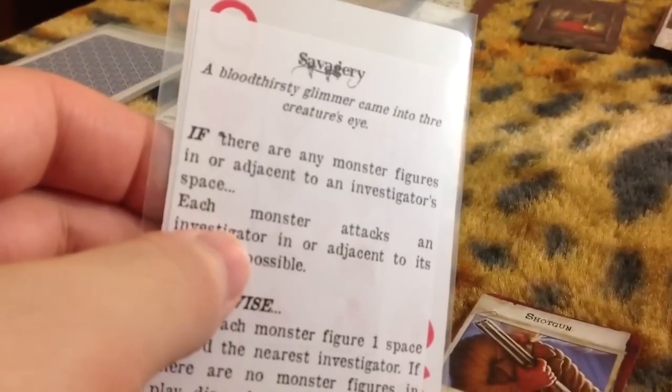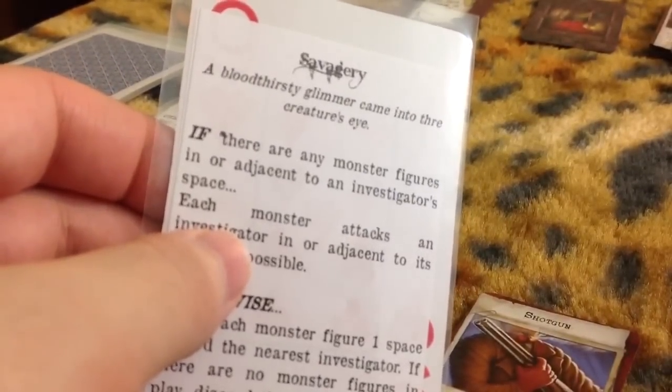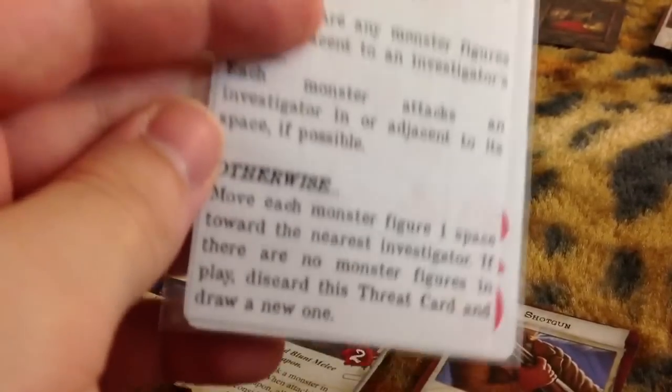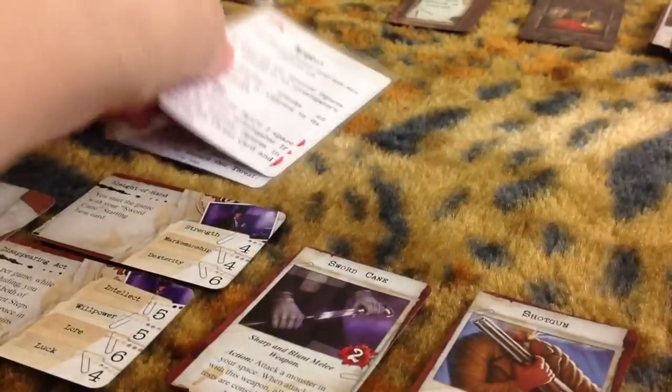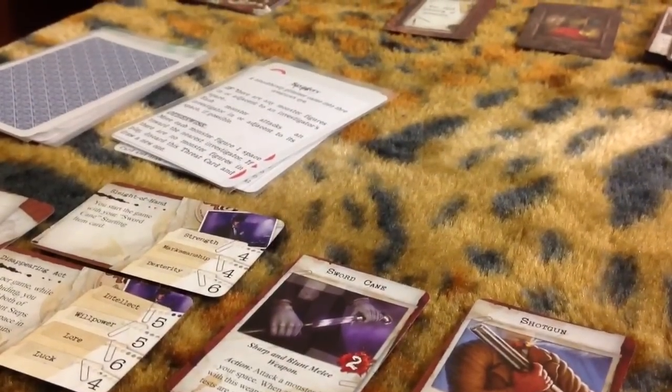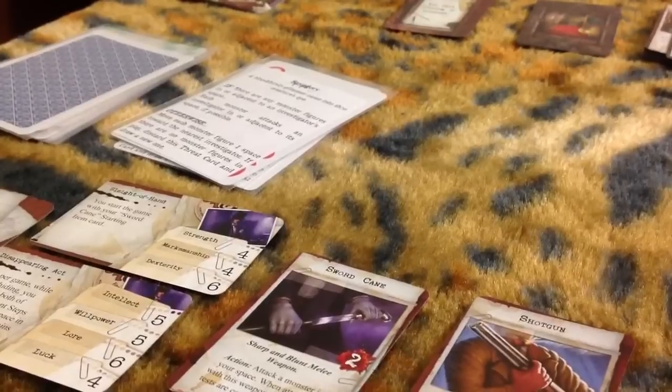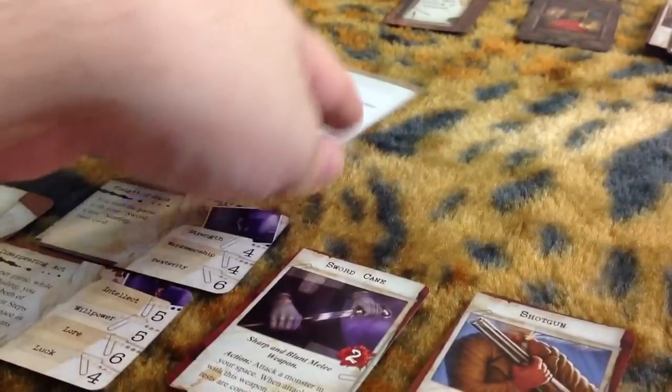Savagery. Bloodthirsty glimmer came into the creature's eye. If there are any monster figures, otherwise, move each monster figure, blah, blah. If there are no monster figures in play, discard this threat card and draw a new one. Okay, this doesn't normally happen, but for the first turn, there's probably not going to be any monsters, so you might need to...